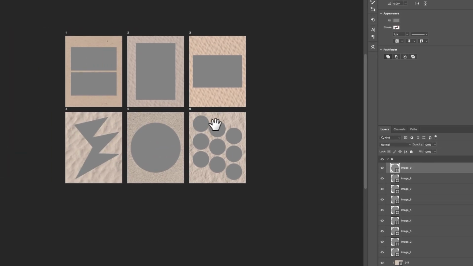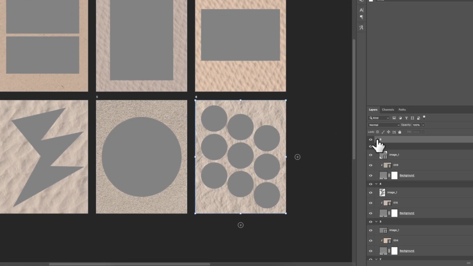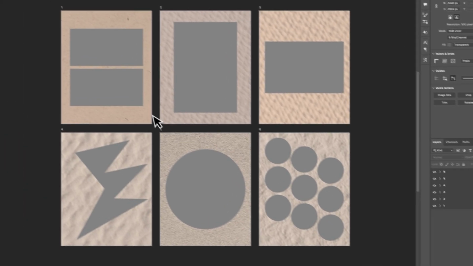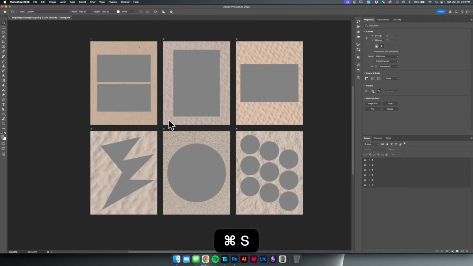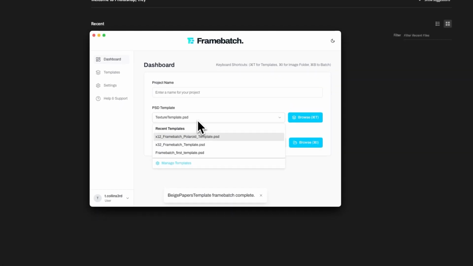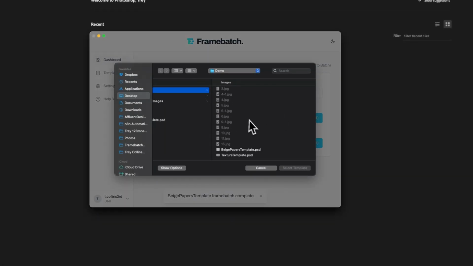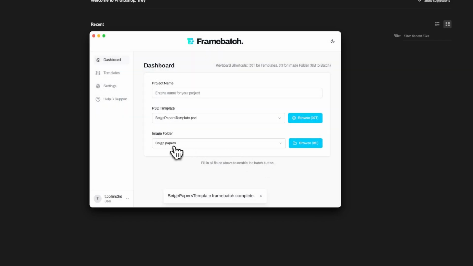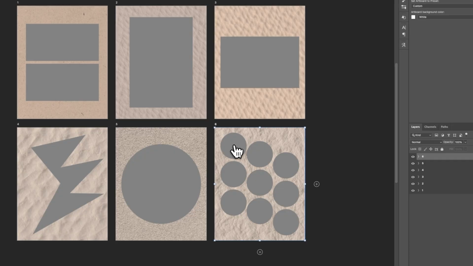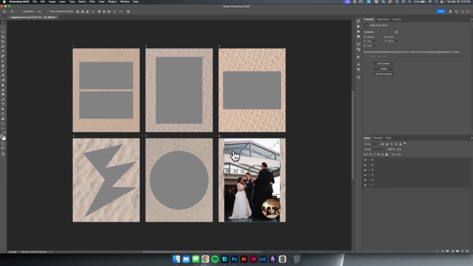And that's it. Okay, so not the most earth-shattering, crazy template that I've ever made, but hopefully this shows you kind of the variety. So let's go ahead and save that. And we're going to close this out. And then now we're going to use Framebatch to fill that template that we just made. So let's browse to it. Beige papers, and then we're going to change the image folder to just the folder of actual images, and then we'll do beige paper test as the project name, hit batch frames, and now it's going to go through and fill that,